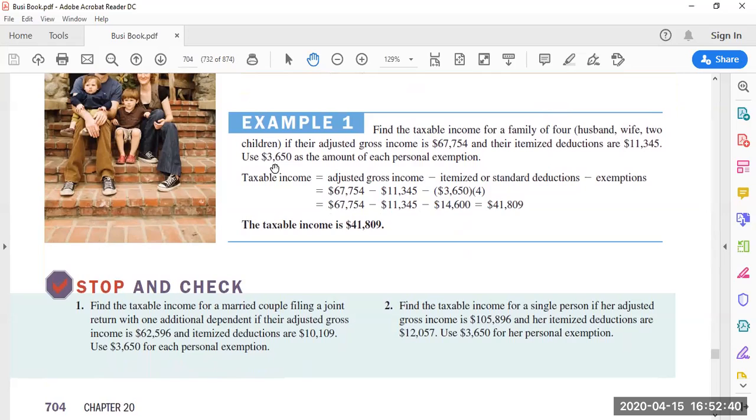They're going to use $3,650 as the amount of each personal exemption. Now remember, again, this is for this example in this year of this publication. So the taxable income then would be the adjusted gross income of